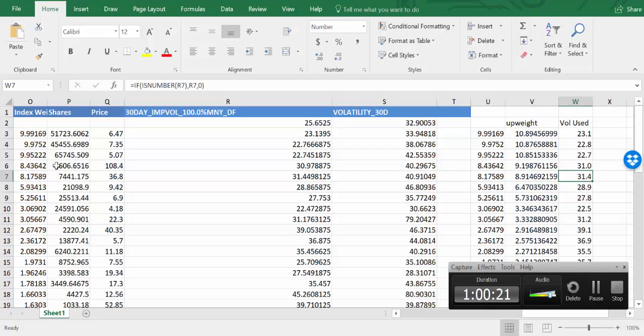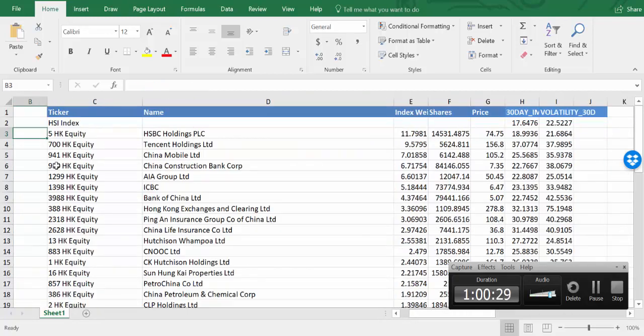Now, you can see there's a formula up there. So what we're doing is, for this one,